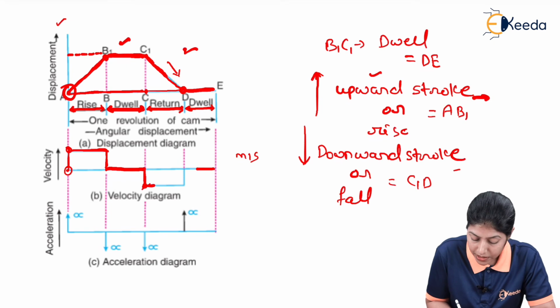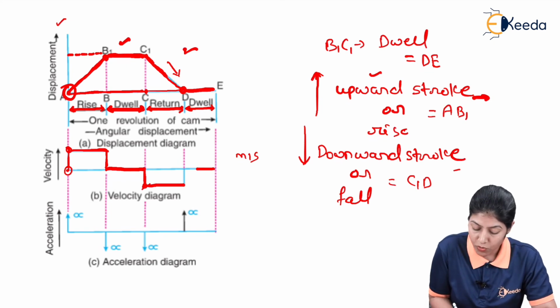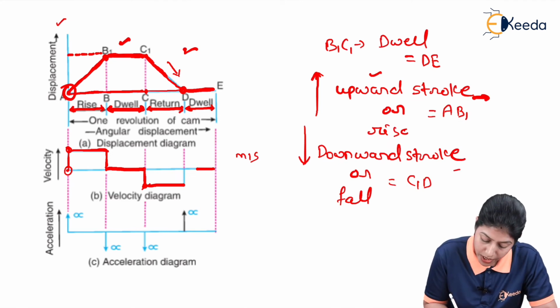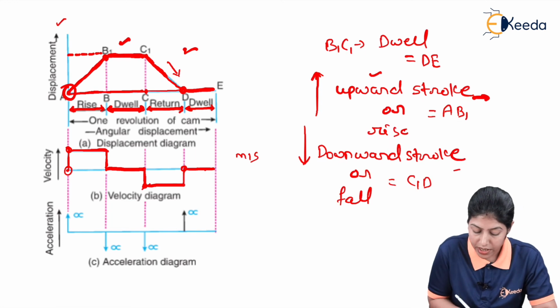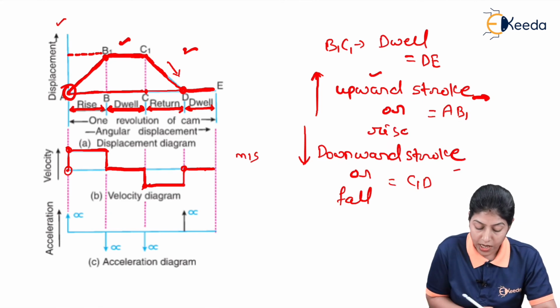Now after this, the velocity will be constant and the follower is moving in downward direction, or it is having a downward stroke. After that, when it is in rest condition, velocity will become 0 and after that it will be in dwell period. So this is the exact condition when there is a sudden increase and decrease in velocity with 0 time period. So for this condition, if we define the acceleration,